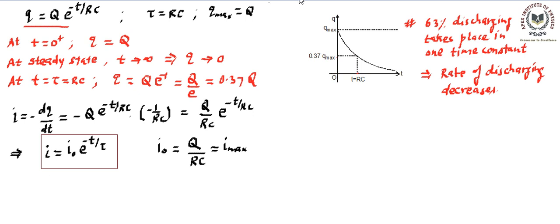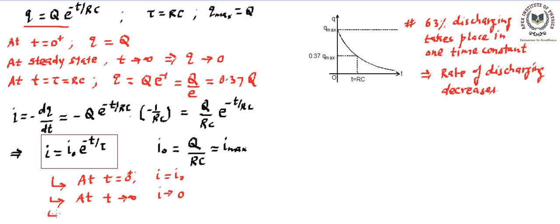So from here we can indicate obvious things. At t equal to 0 you will find current is maximum, so I is equal to I naught. Maximum current flows just after closing the switch, so at 0 plus, just after. And when the time is too large, that means infinite or steady state, you'll find current will become 0. Why? Because we know there is no charge remaining and no potential difference.